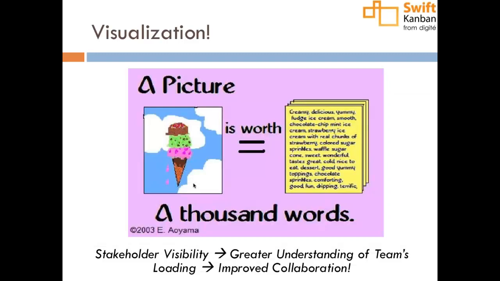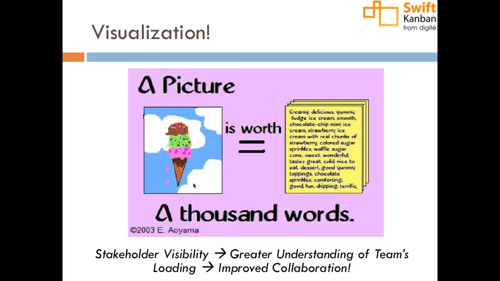So firstly, like I said earlier, one of the biggest benefits that teams seek and pretty much get, and that's the initial big win for most Kanban teams, is the whole aspect of visualization. A picture is worth 1,000 words, and what teams are able to get as a result of having put up their Kanban boards is stakeholder visibility. So in terms of the work that every team is doing, that work being visible to the team itself, as well as to its downstream functions, there might be other teams that are dependent on this team's work, or its customers, they are able to get just a completely new level of visibility that they did